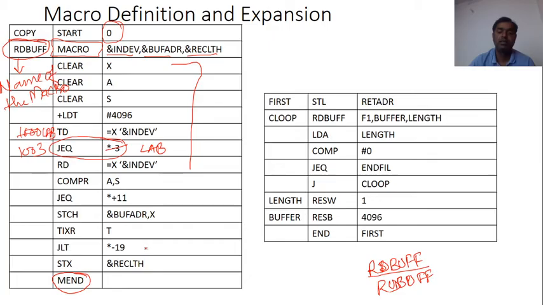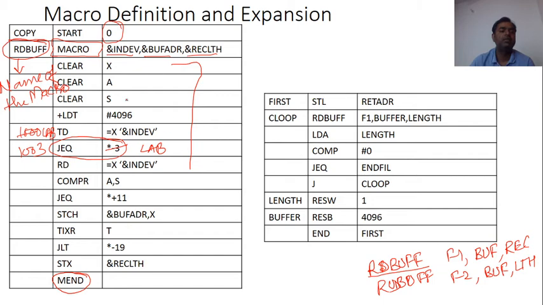Then you know that when I am invoking the macro rdbuff, these statements will be written by just passing the parameters. That means just replacing the values of the parameters. Suppose that the parameters are f1, then buff, and then rec. These are the parameters which I have passed, and in the second case I have passed f2, and then buff, and then lth. These are the parameters that are passed to these macro invocations. Now these parameters are passed here. Indev becomes F1, buff becomes buffer address, and rec becomes reclth. Now these parameters are replaced in the macro definition.